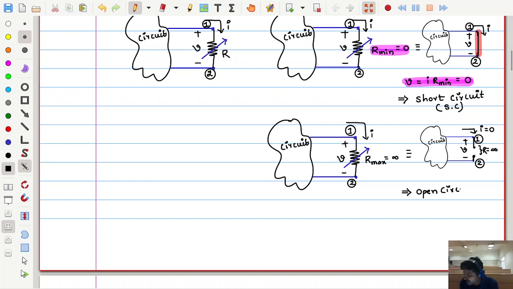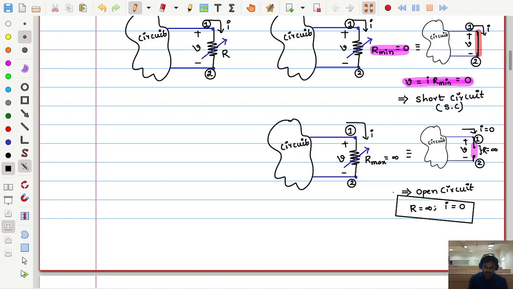Open circuit. Whenever a branch or an element offers infinite resistance, it is equivalent to an open circuit, meaning the circuit got broken. You can observe here carefully, there is no contact or connection between terminals 1 and 2. There was a breaking of the conductor, so current does not pass through it. So for an open circuit, resistance is infinite, thereby current is 0. These are the important characteristics of the open circuit.